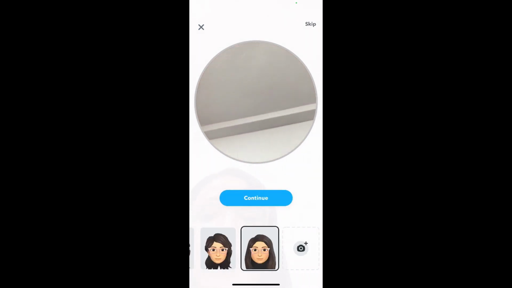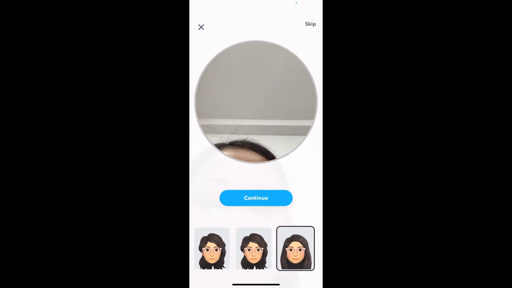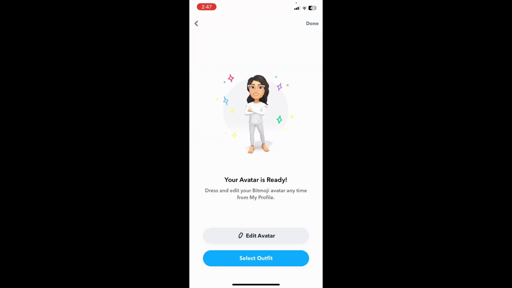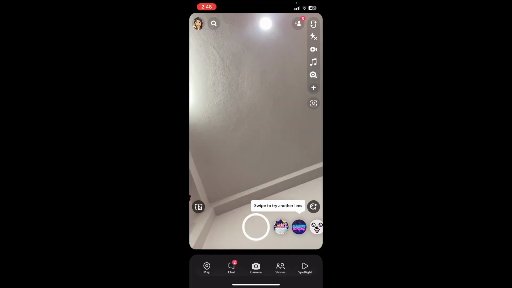So based on my face, Snapchat has suggested me 3 Bitmojis. Choose the one you like the most and tap on continue. My avatar is ready now, so click on done in the top right corner of the screen. And hence your new